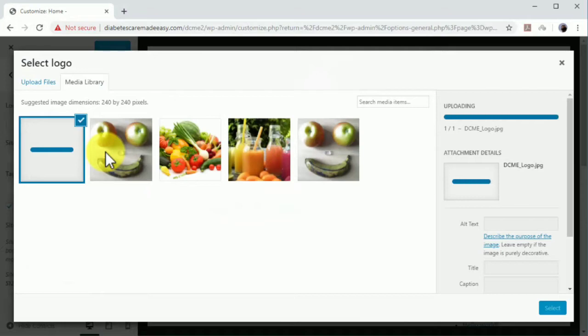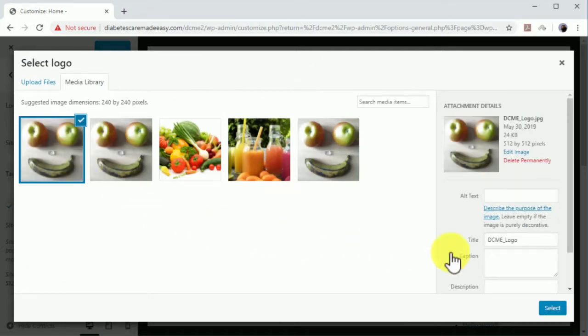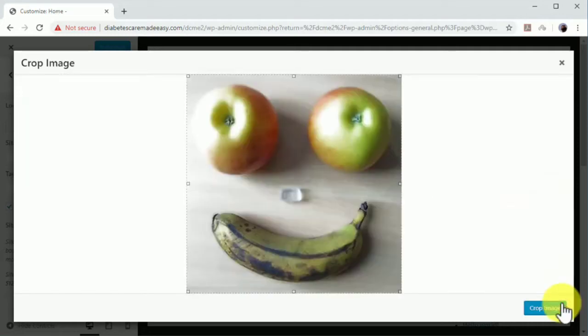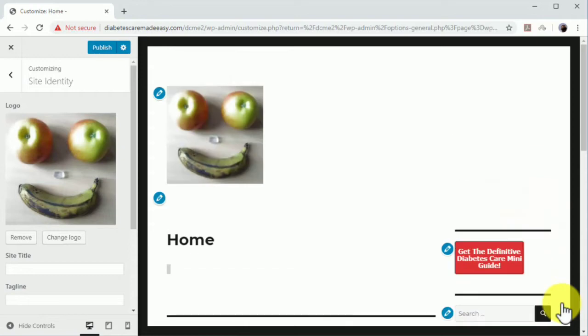You can improve your site's discoverability by inserting niche keywords in your image's metadata. You simply have to enter a long-tail keyword in your niche to the title and alt text fields in the Attachment Details section. We recommend you to enter the same keyword in both fields. You can click on Select to continue after adding metadata to your logo.